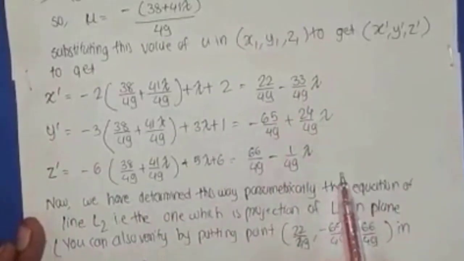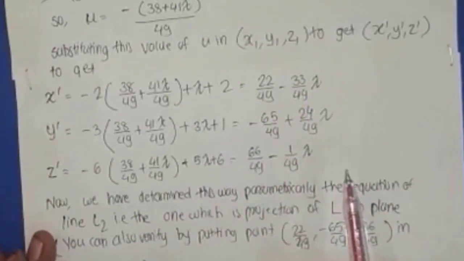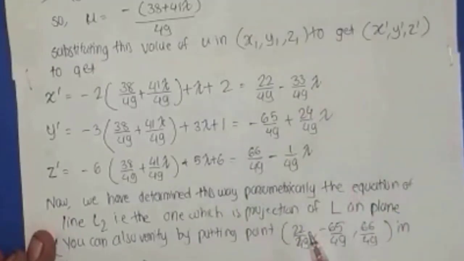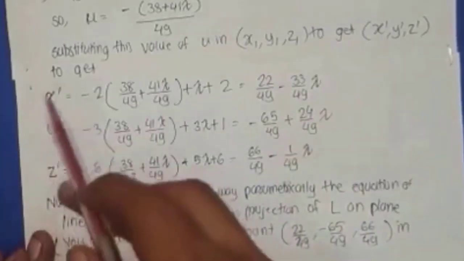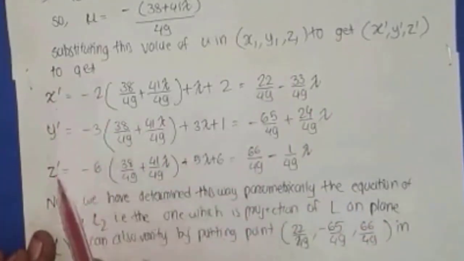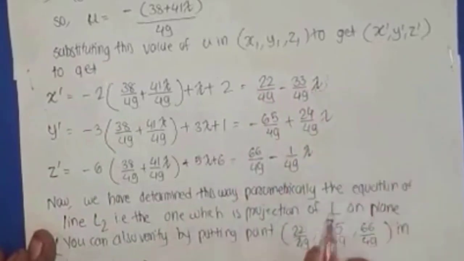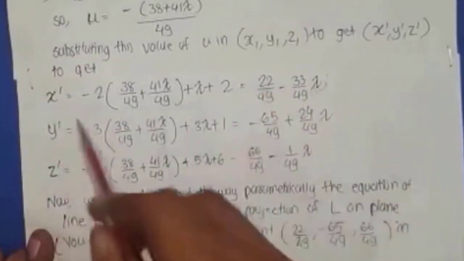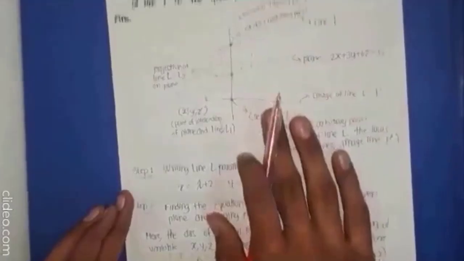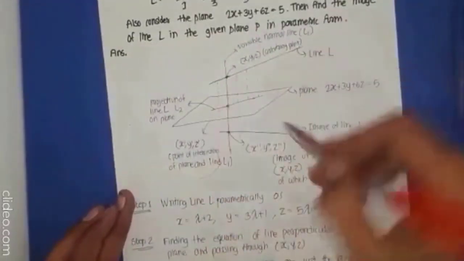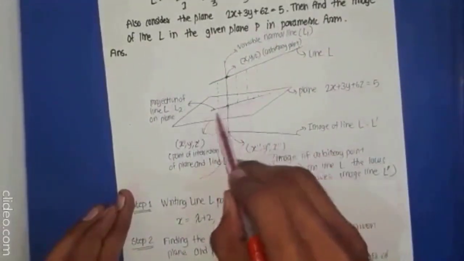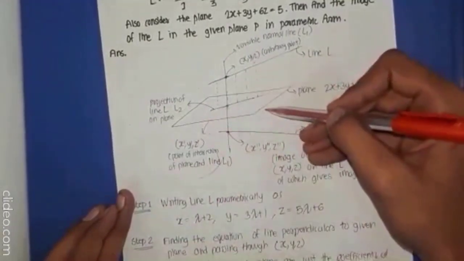Now the interesting fact is, you may be learning all the formulas and just go for the paper, like you have some formula for finding the image of a point in a line, but you will be stuck if you are asked to find something like this. This x dash, y dash, z dash is also dependent on a parameter lambda. So this is actually the equation of the projection of this line L in the plane, that is this line L2.